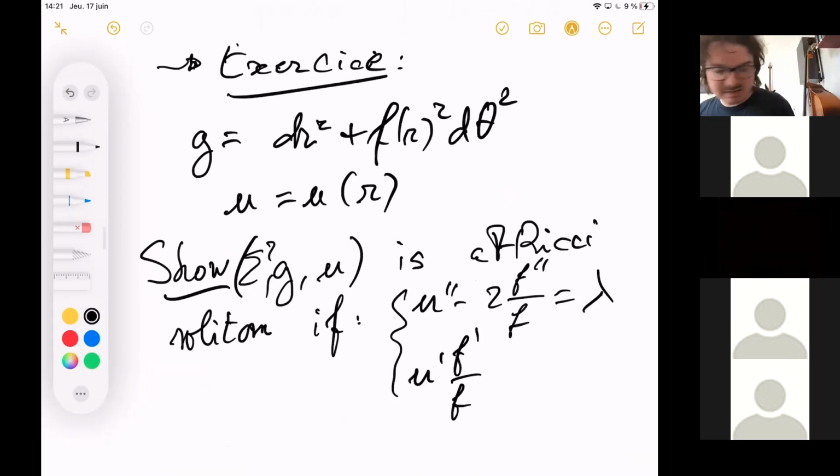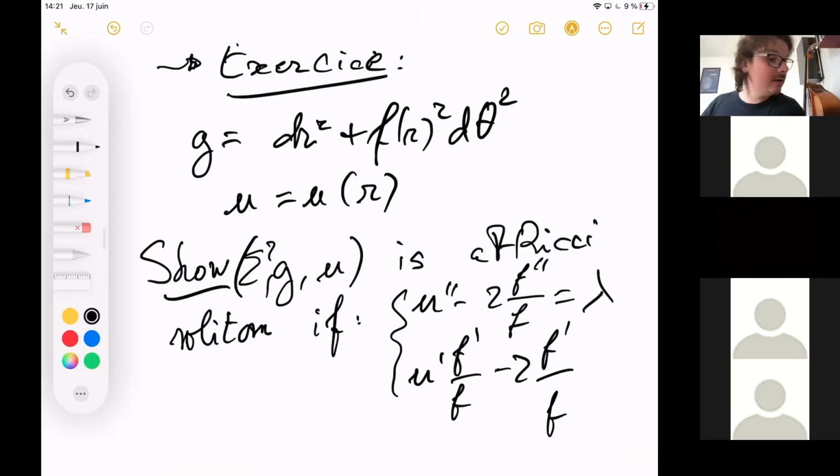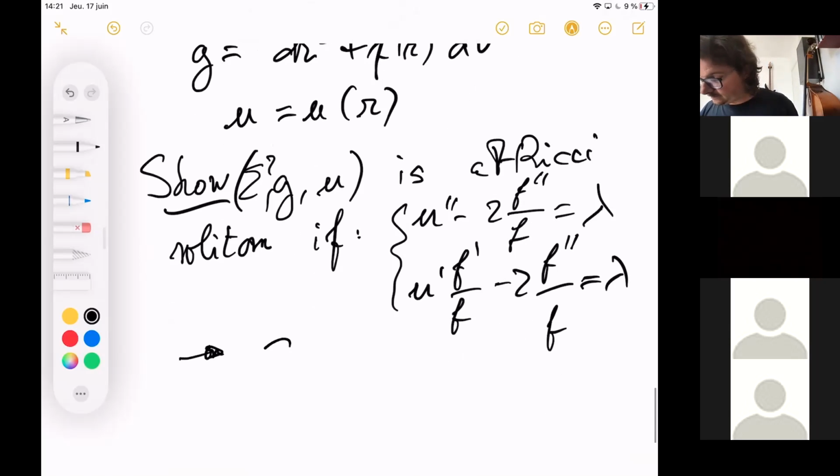On surfaces it's pretty easy. F prime, oh yeah, that's the curvature here. So that's f second over f. And with that, you can show that